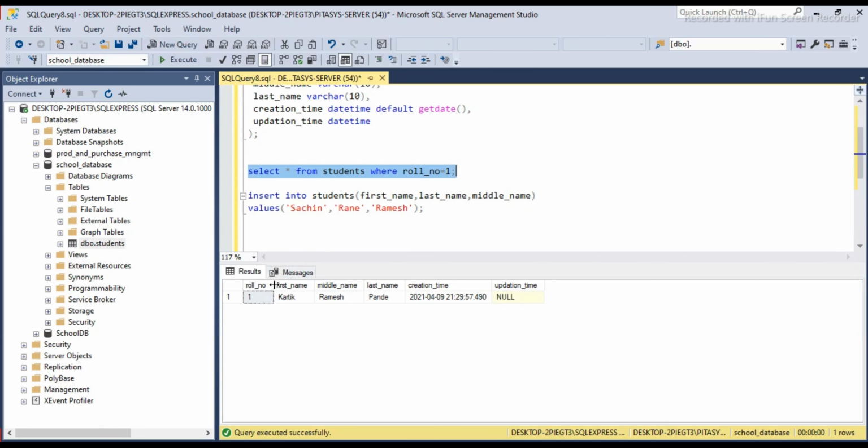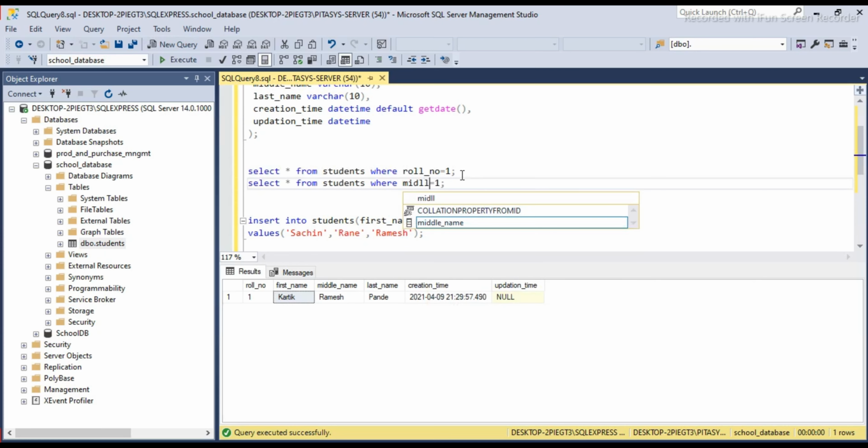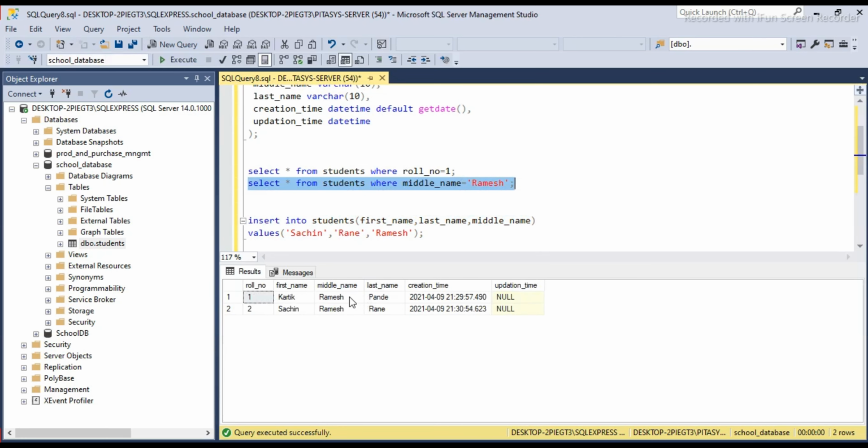It will return a single record, as roll number 1 has only one record. Now if we have to find users having middle name as Ramesh, you can see both records have middle name Ramesh, that's why two records are there.